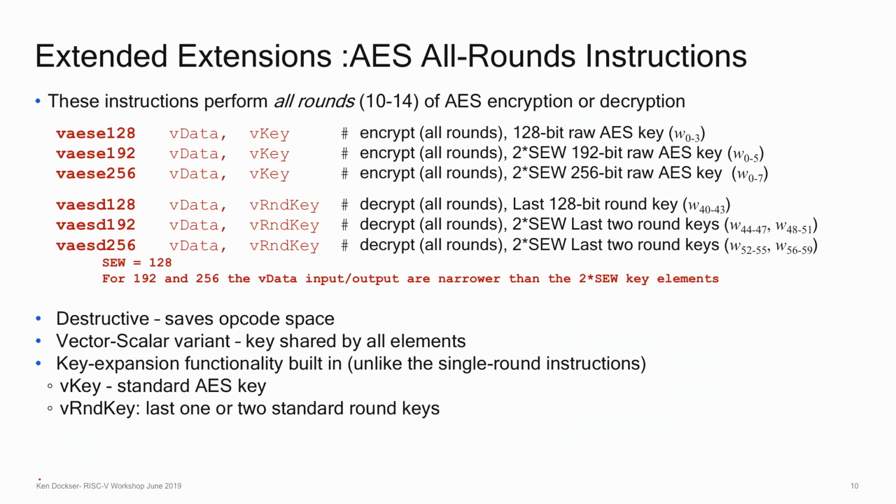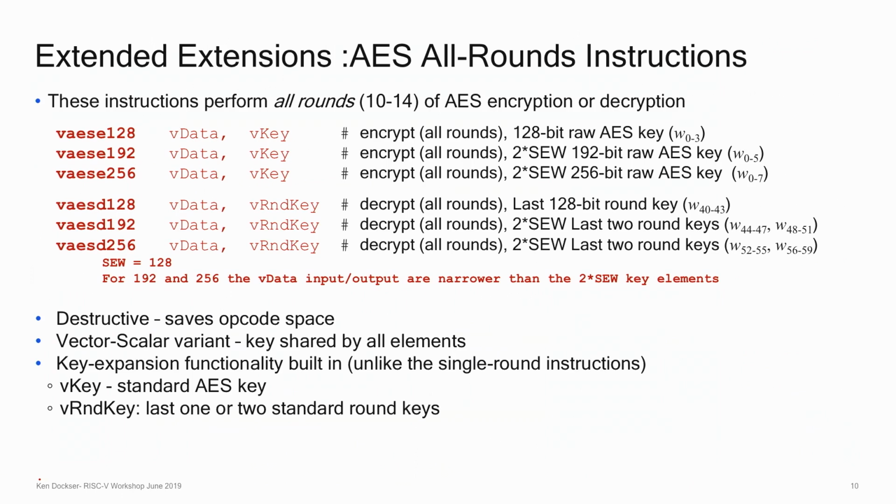Here we have instructions specific for the type of AES: AES-128, 192, and 256. So we have encrypt and decrypt. They operate on all rounds. So you give the 128 bits of data in each element. You provide an encryption key, the AES crypto key. And then it generates the round keys on the fly internally, goes through all rounds, and then gives you the